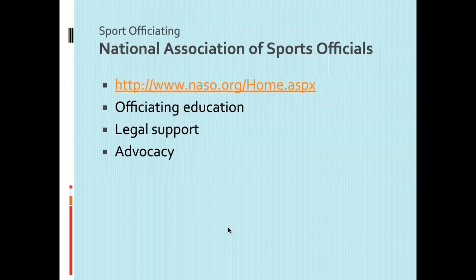If you are into sport, so all of our sport governing bodies need officials, and so NASO is one of the major sport officiating associations that we have in the U.S., and they provide legal support. So that means basically like insurance. Same thing with all of our other professional organizations, insurance to practice, certification in that sport, so to achieve various levels of being able to officiate in addition to experience. This is one of the things you're going to need. And also just advocacy for needs of officials.